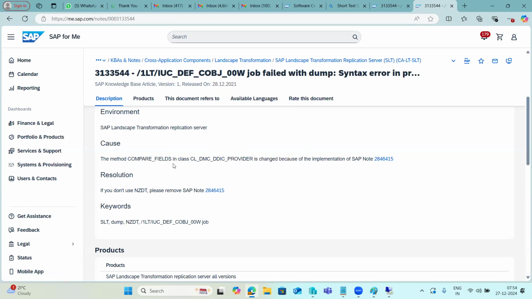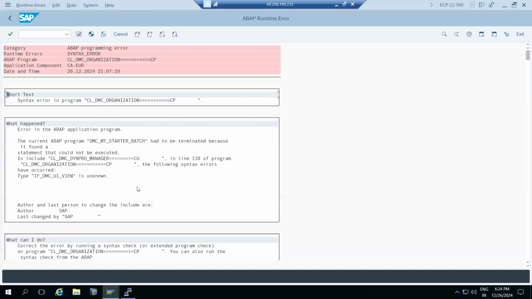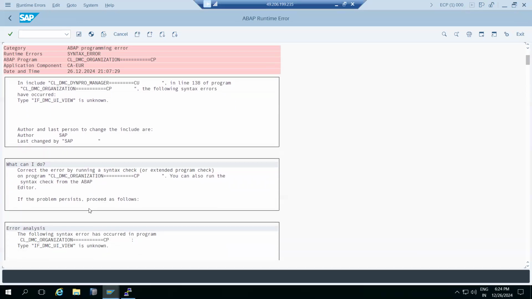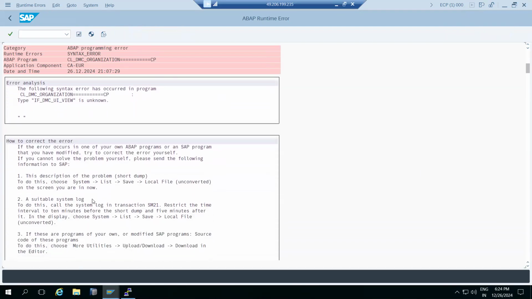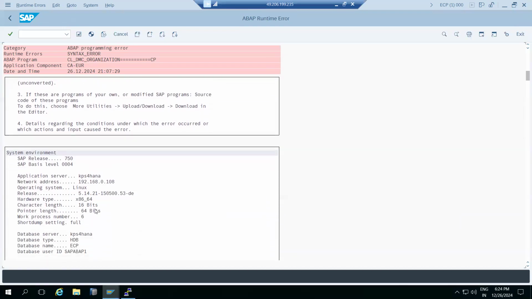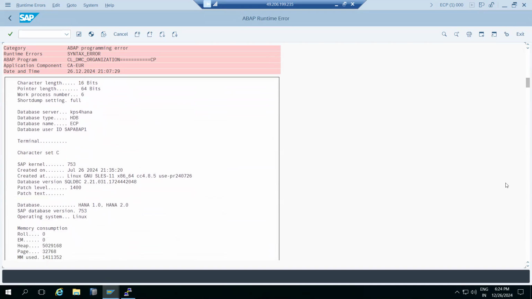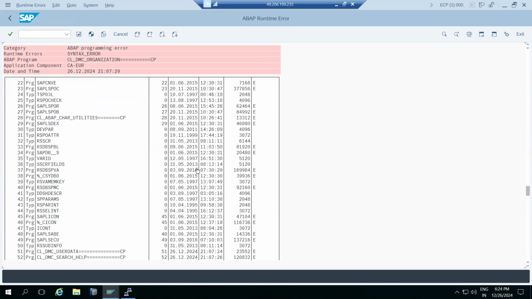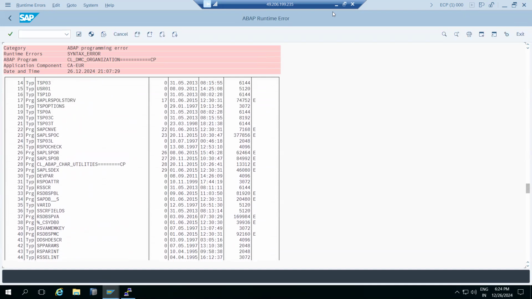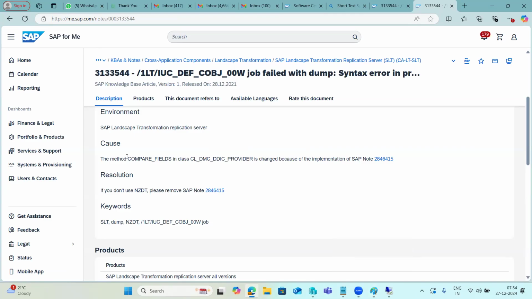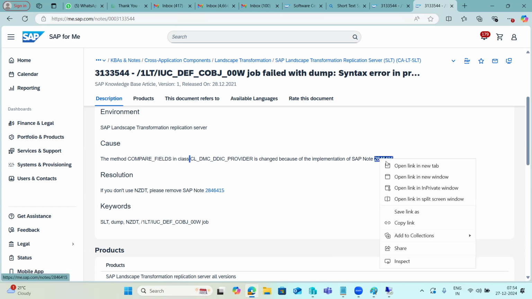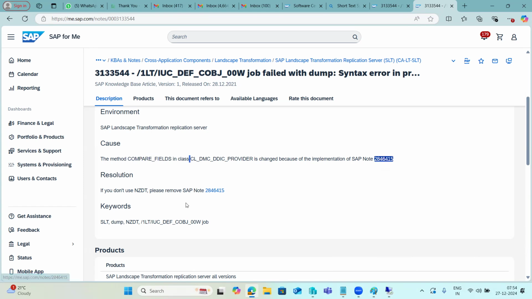So there is a method in the class. Normally in the program, something got changed here. A type got changed by implementing the correction notes. So it got changed here, somewhere. So what do we have to do? They are saying that this method in this class is changed because of the implementation of this note. So SAP said we need to remove this note,